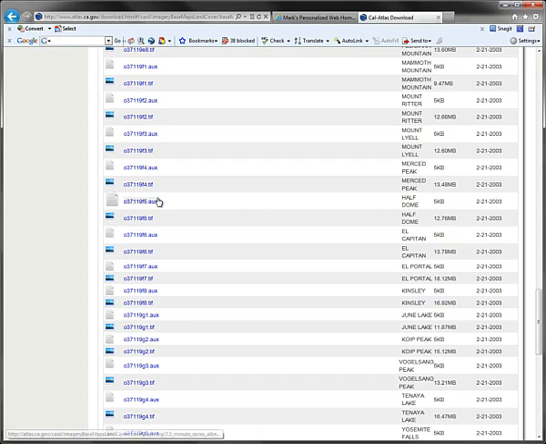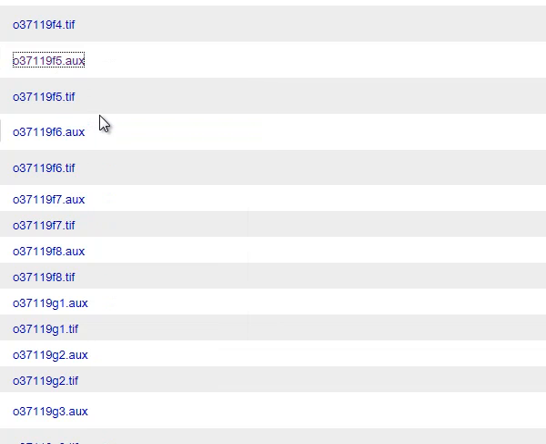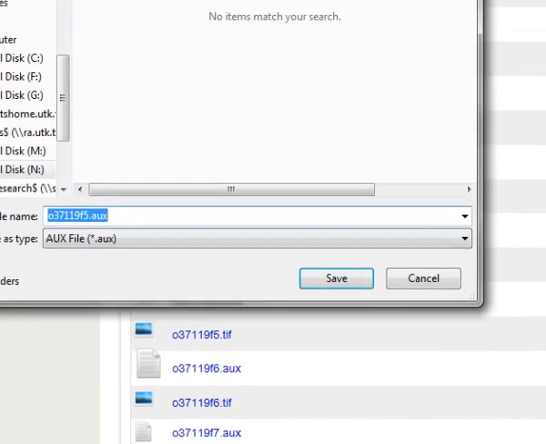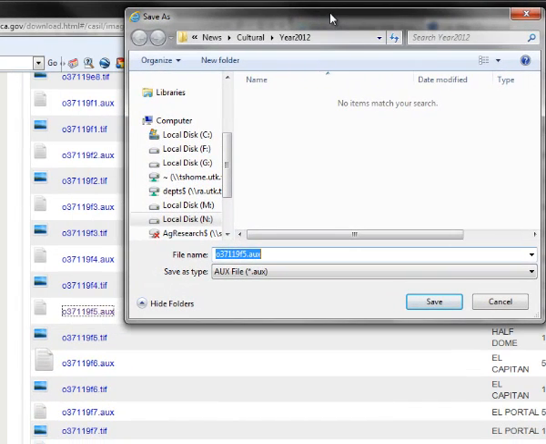And the auxiliary file is just another type of file that goes with that TIFF file, and it may be needed in the processing, so we want to make sure to get that as well. So we'll get that one first, and the way I'm going to get this is I'm going to first try right-clicking and then Save Target As. And if this works, it should pop a dialog up here with the name already embedded in it. And this tells me that it is working,